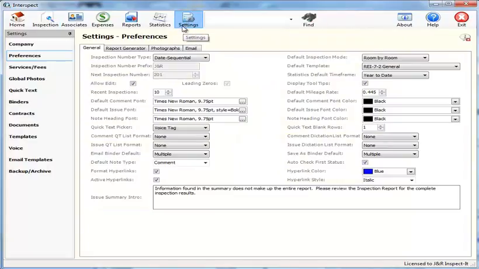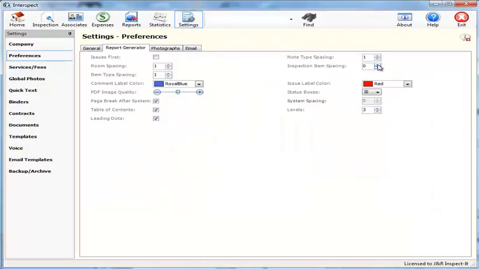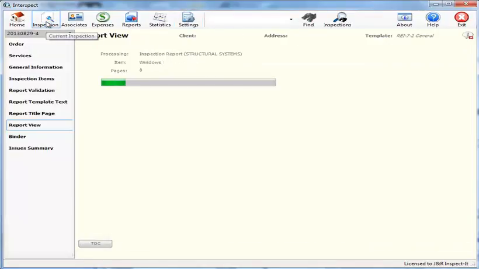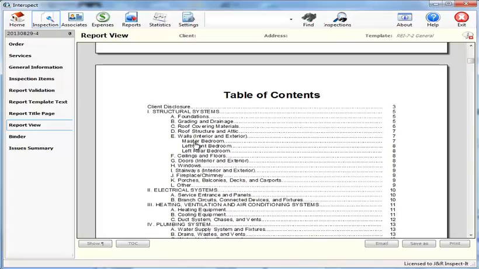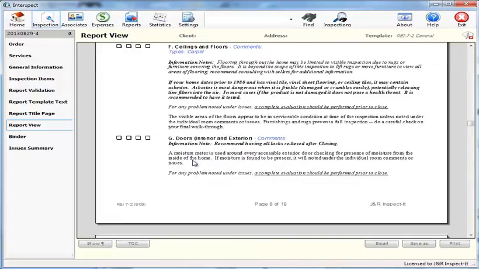Let's go back and set this to 1. We'll generate the report. We'll go back and select ceilings and floors. And now here's my ceilings and floors, my last comment, and I have a space between my last comment and